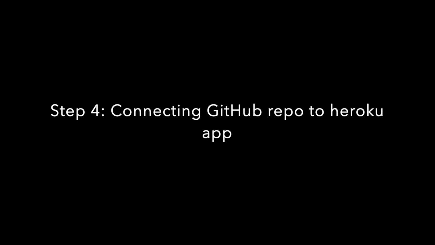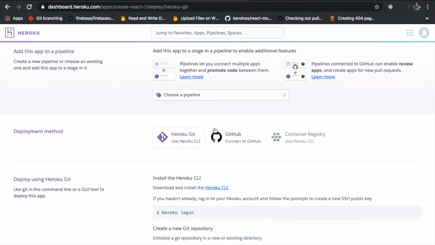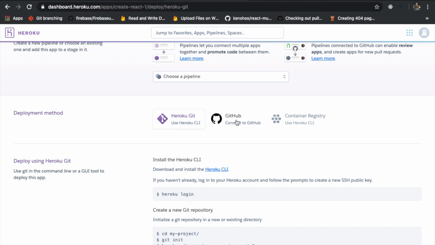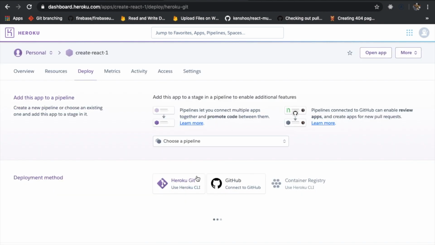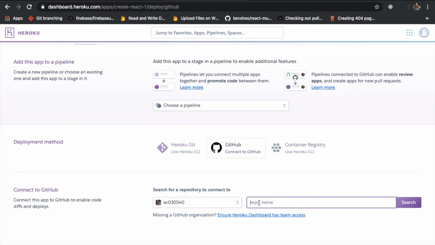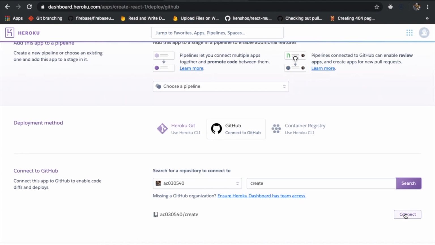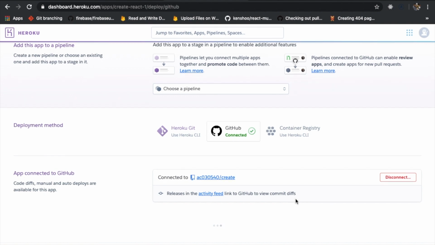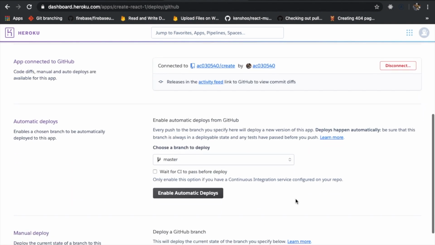Now let us move into the final step, which is connecting all the bits and pieces together. We have our GitHub repository over here, we have our Heroku app over here. In this step we'll be connecting both of them together so that they will be working as one unit and our code is being deployed. So you need to select deployment method as connect to GitHub. Once that is done, it will ask me to choose the repository. My repo name is create, so I'll just type down the repo name create. It will search for that repo on my account, and yeah, so just need to click connect. Now my account is connected, my particular repo is connected with this app.